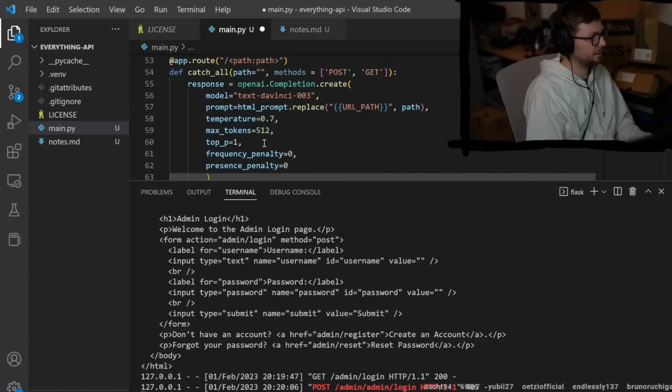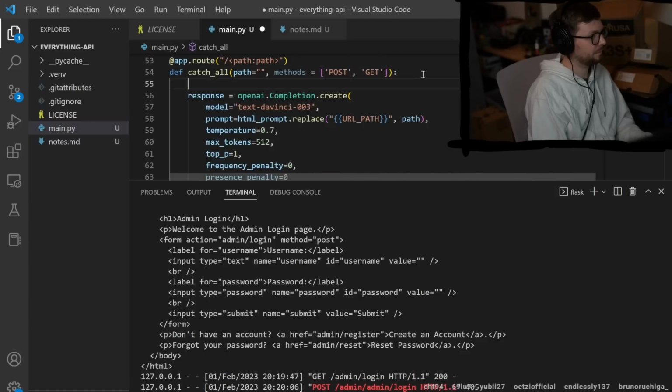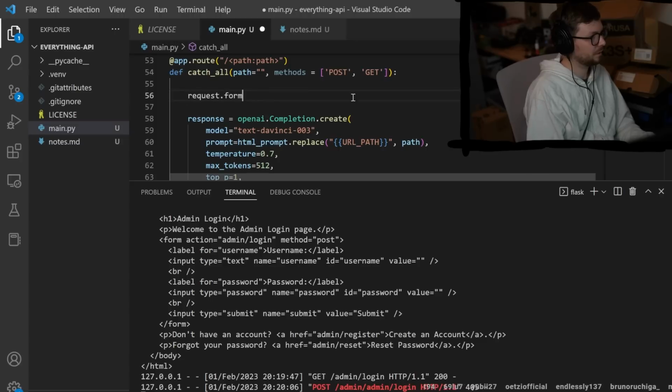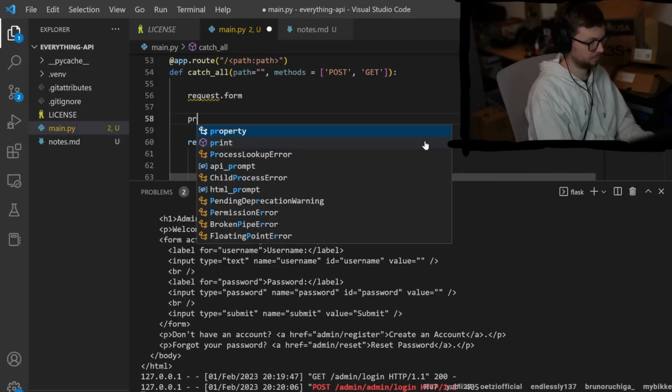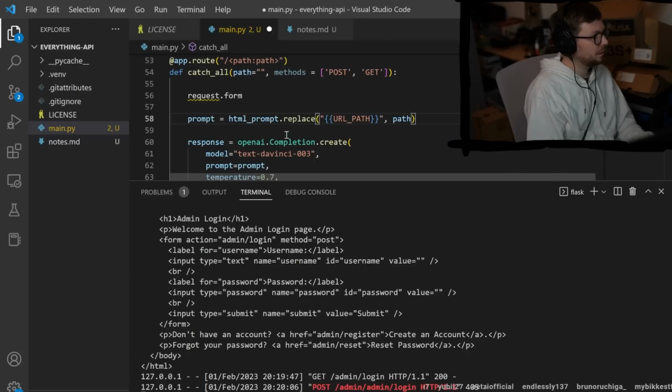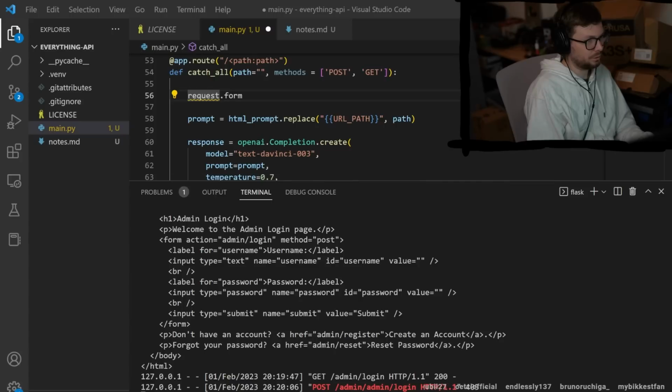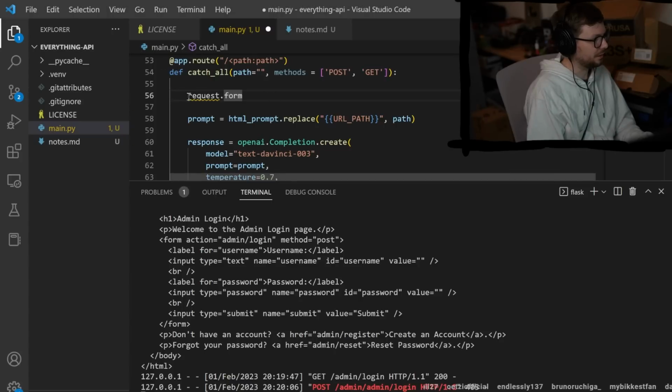So okay, what's a type? This is just a dict, I guess. So I guess we can just turn this into a string and like